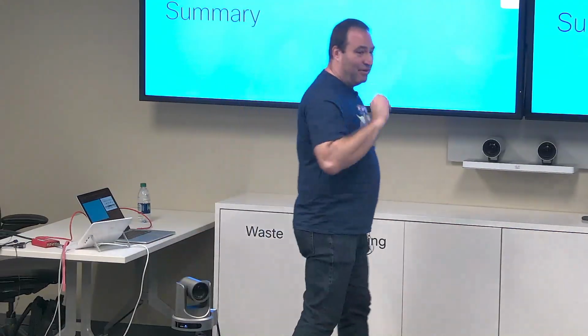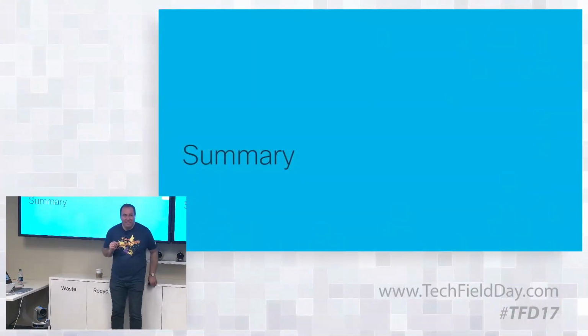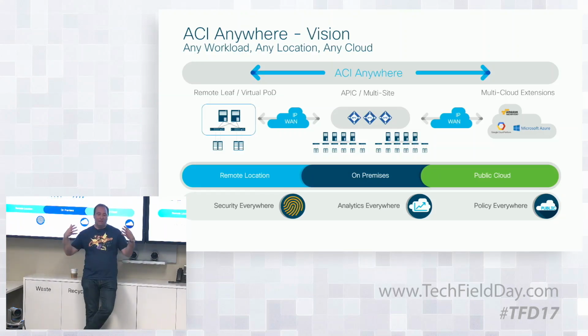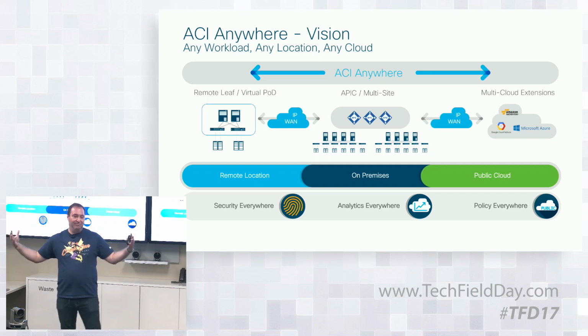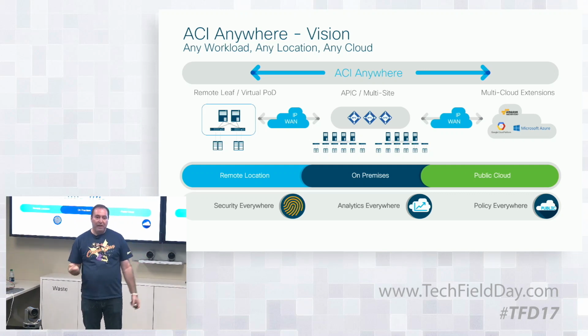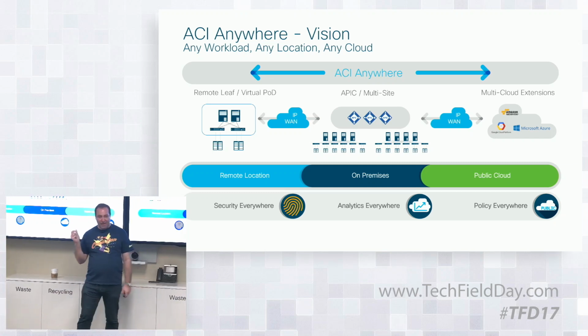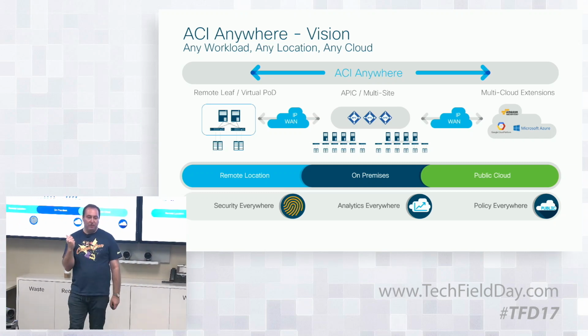And so, in summary, I'm out of time. There's the whole idea of the ACI Anywhere, the whole vision is not just making your hybrid cloud work, but it's also much more than that. What I didn't get to cover, and I'll cover in about a minute and a half here, is all the other features we have, right?